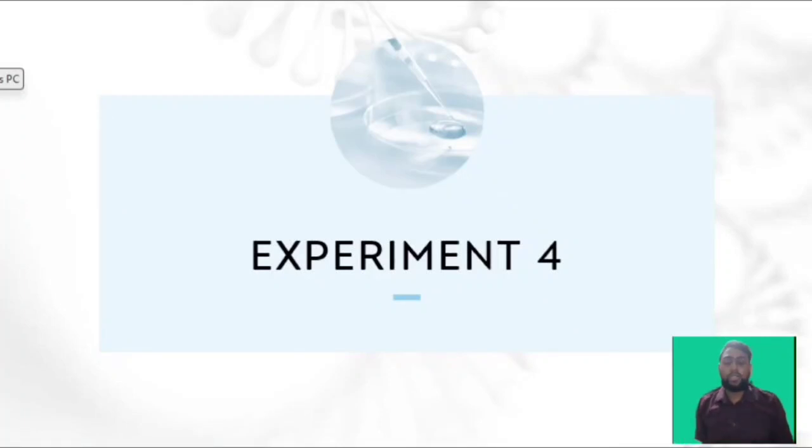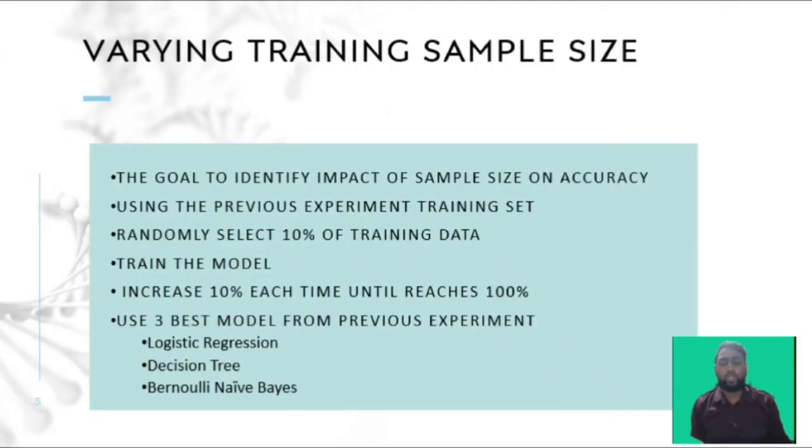Yeah, in this video I'm gonna explain about experiment 4, varying training sample size. The goal of this experiment is to identify whether increasing the training data sample size affects the model's performance. For this experiment we select the training data set from the previous experiment and randomly select 10% of the training data and then train the model. I will train the model by increasing 10% each time,